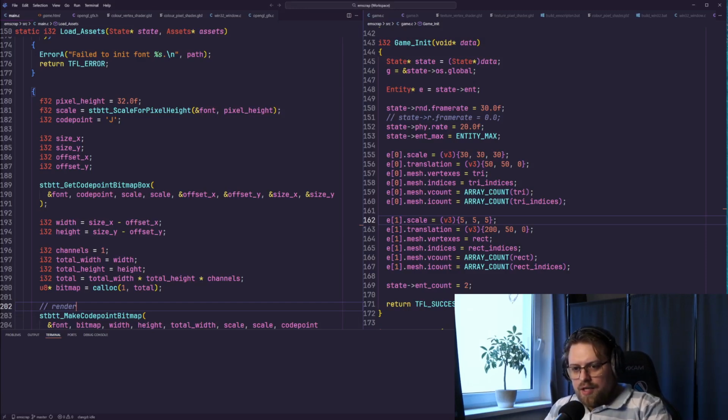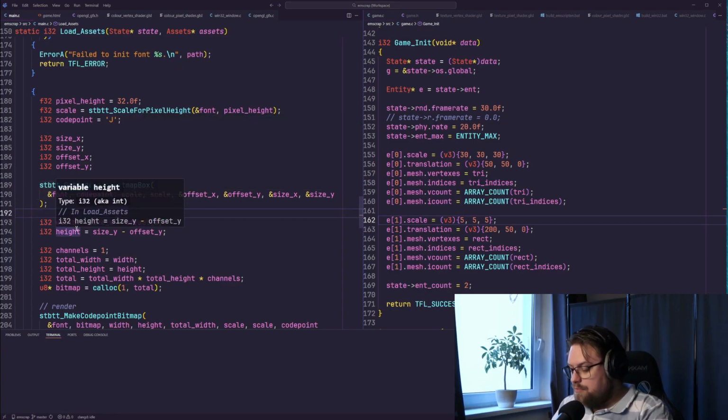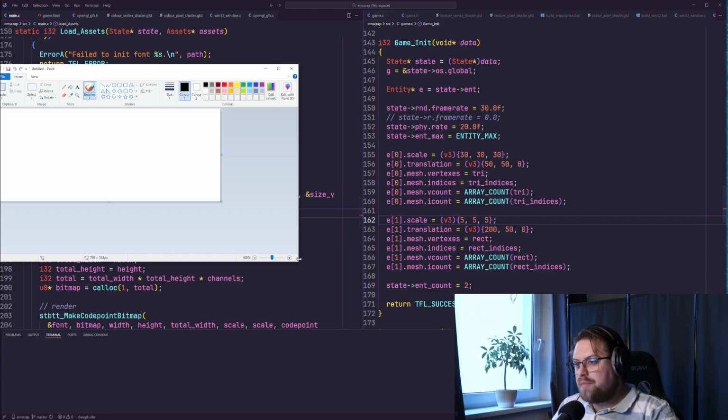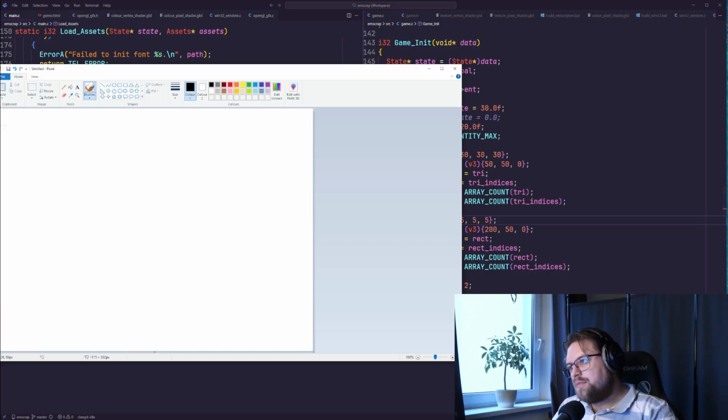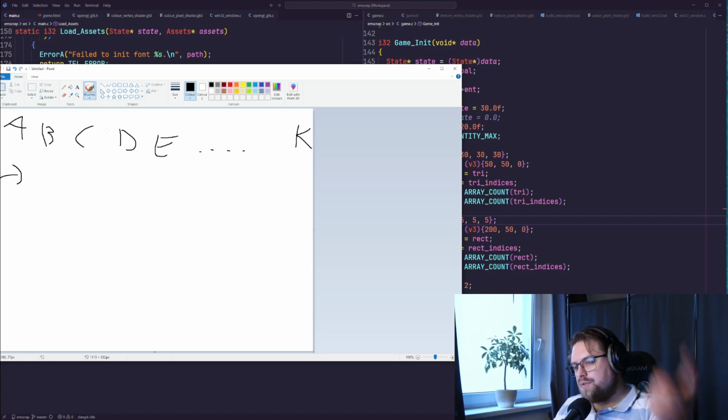Okay, so today I have a big plan on making the fonts work. That means I will have my texture buffer on the GPU. So let's say this is a square buffer, right? And then I draw all of my characters, A, B, C, D, E, etc., right? And then when I reach the end, like let's say this is K, I wrap around to the next line